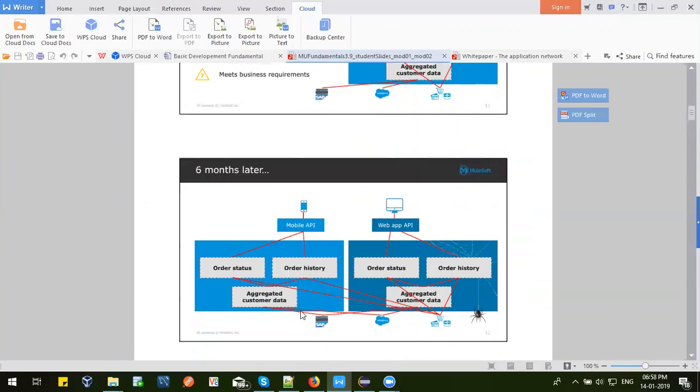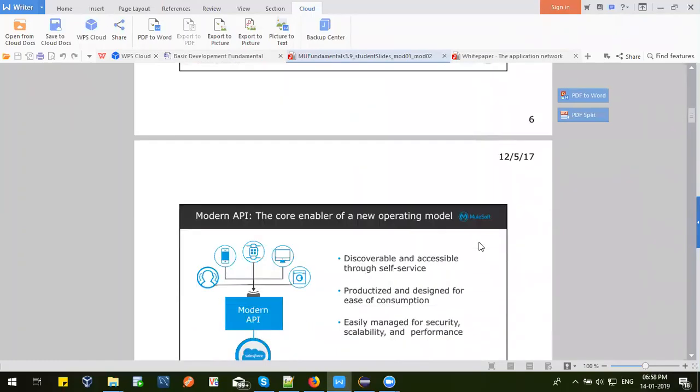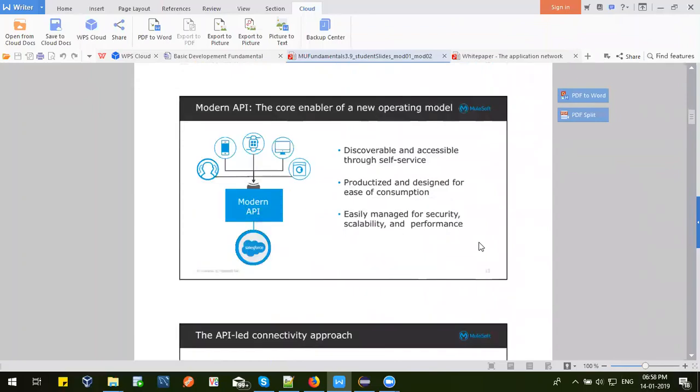So this is the scenario where we have built a web app or API which completes our scope, but we need a mobile API, so we need to rework all the operations that we have previously built. So to overcome this challenge,